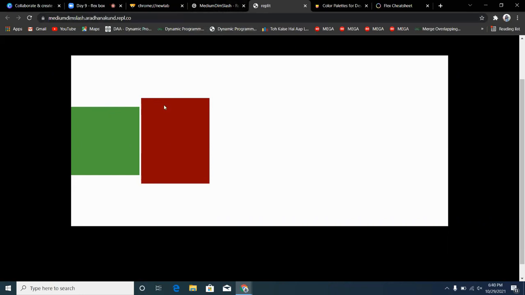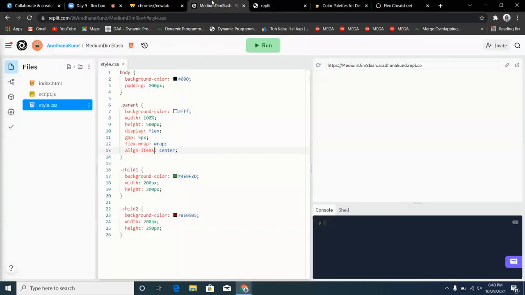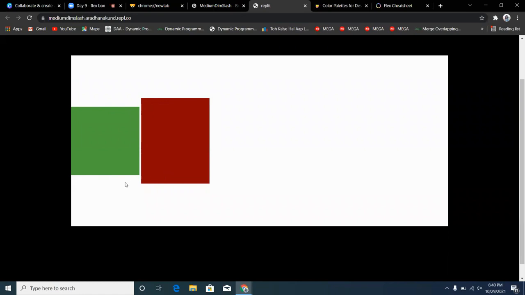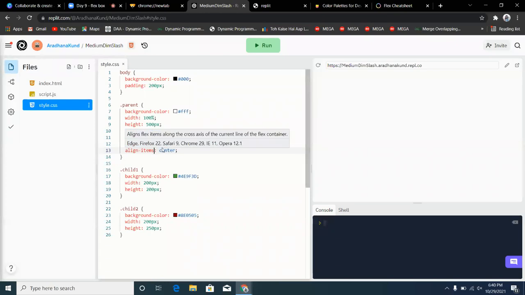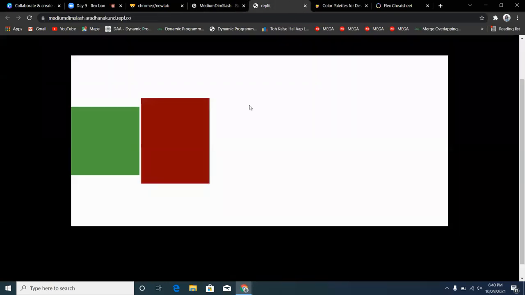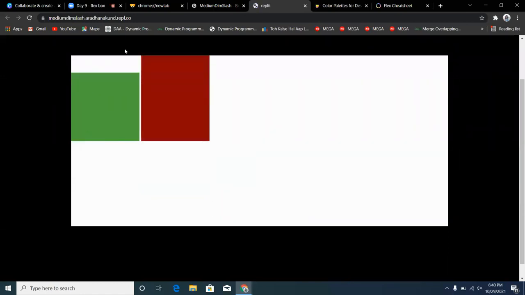I'm targeting over here the individual elements. Now I want both of my elements to have the same baseline. So what I can write over here is align-items: baseline. You will see that both will have the same baseline. See, both are on the left hand side, that is flex start, but both are on the same baseline. Their starting point, their baseline, is the same.